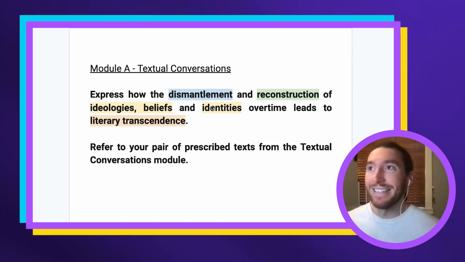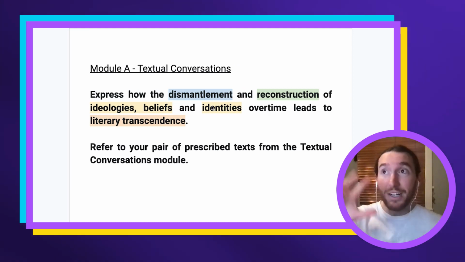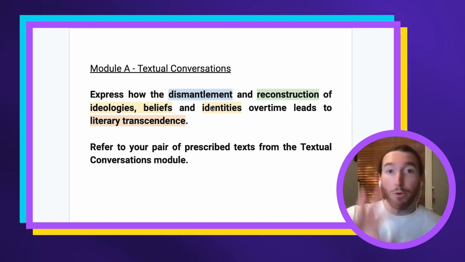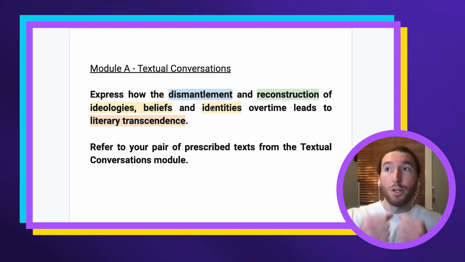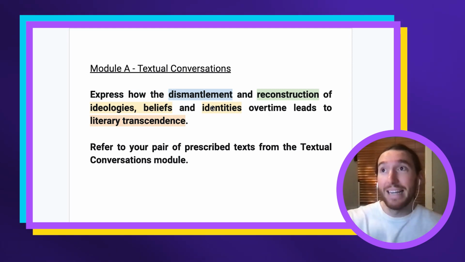It's pretty clear here that dismantlement, meaning breaking down something, is very important. In your head, as soon as you read these words, and you want to read the question a couple of times, you want to be giving yourself a synonym, a go-to definition, so that you can understand the question better. Basically, you want to make it easier for yourself to provide an answer to this question by having synonyms and go-to definitions to remind yourself of how you're interpreting these key terms.